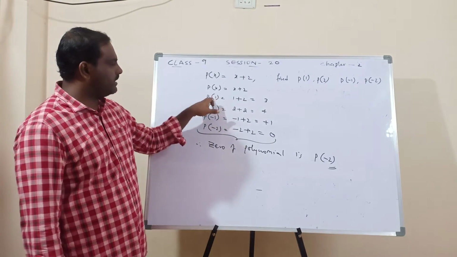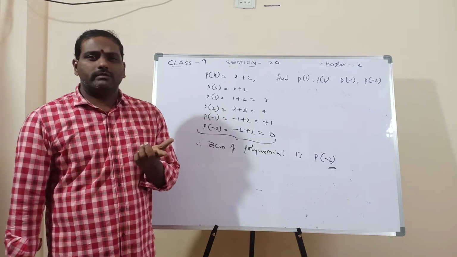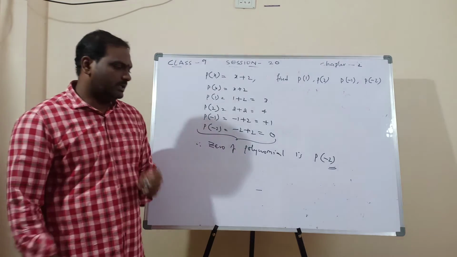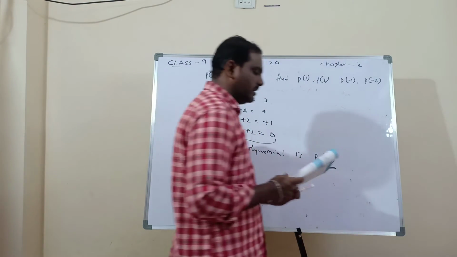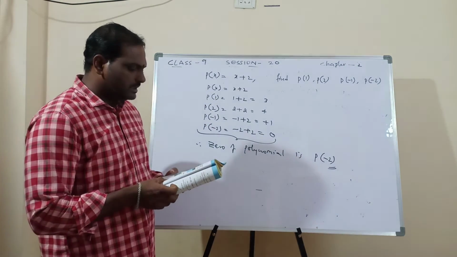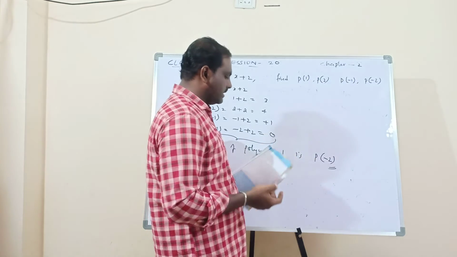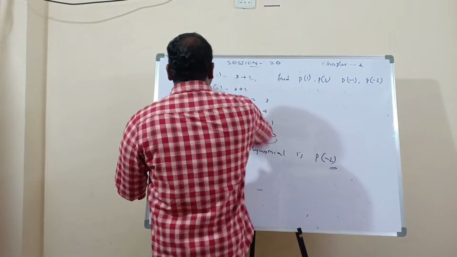That is called the zero of the polynomial. Not p of 1, p of 2, p of minus 1, these are not zeros of the polynomial. What is the zero of the polynomial? We got the answer as 0. Okay. So like this we have to do, and already it was given. Try this. I'll explain these sums and I'll stop it. Then I can go for the next session. In the next session I'll continue that. So try this. Some question is given.